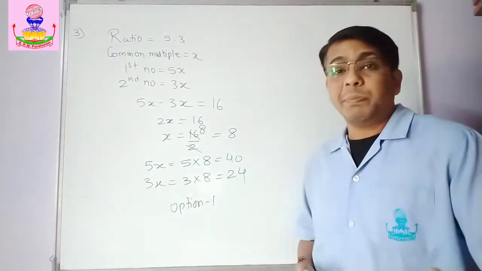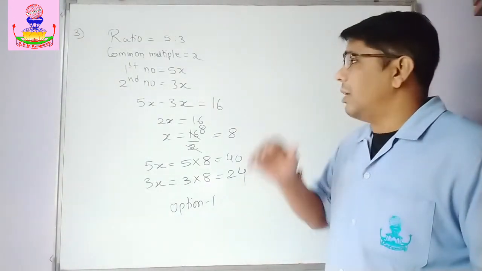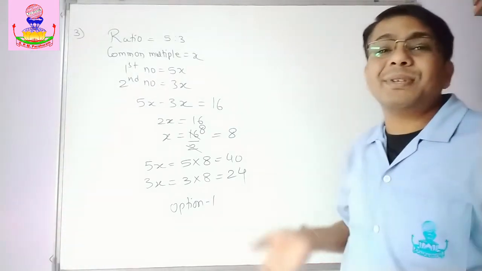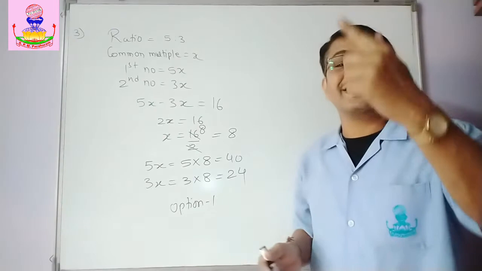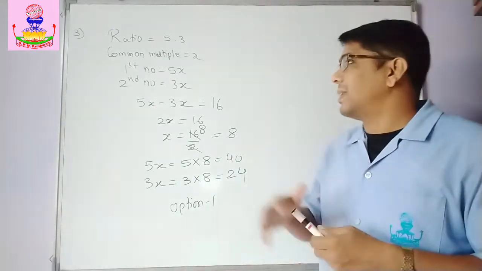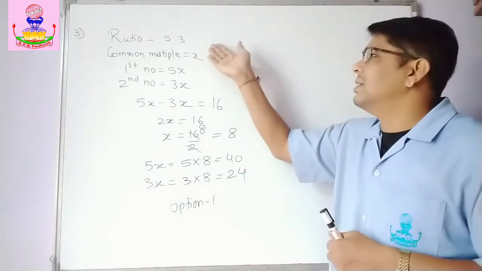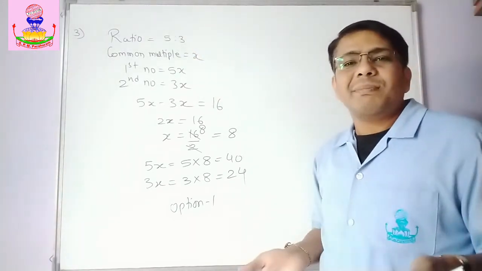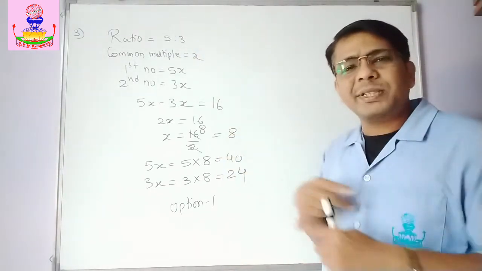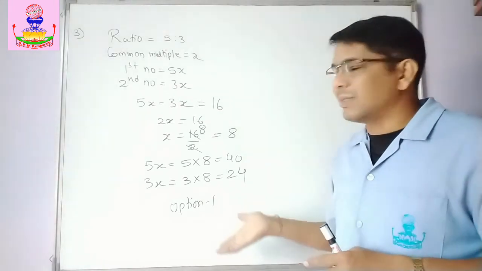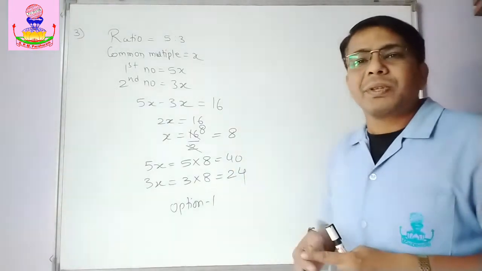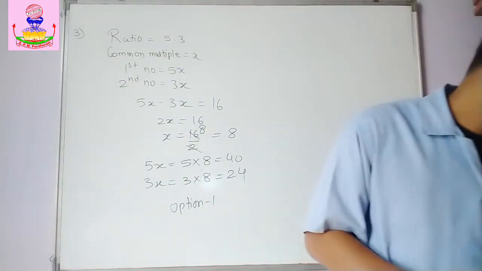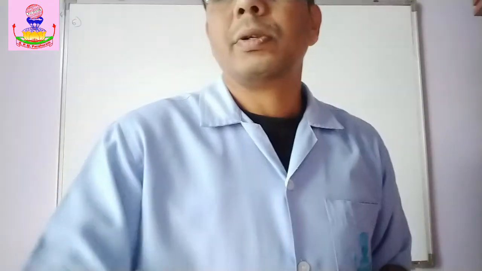Now see, you might have solved this in this way also, the way I did the previous example. Let the smaller number be x. So the greater number will be x plus 16, because the difference is 16. And then you might have taken the ratio x plus 16 upon x is equal to 5 upon 3. By taking that ratio and then cross multiplying, you can solve this, but this method becomes very easy. Okay, so you can solve by this method. Now, the next example.